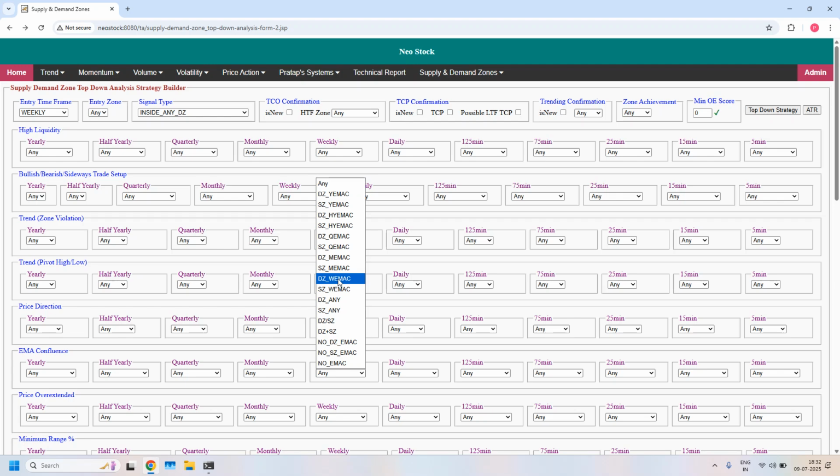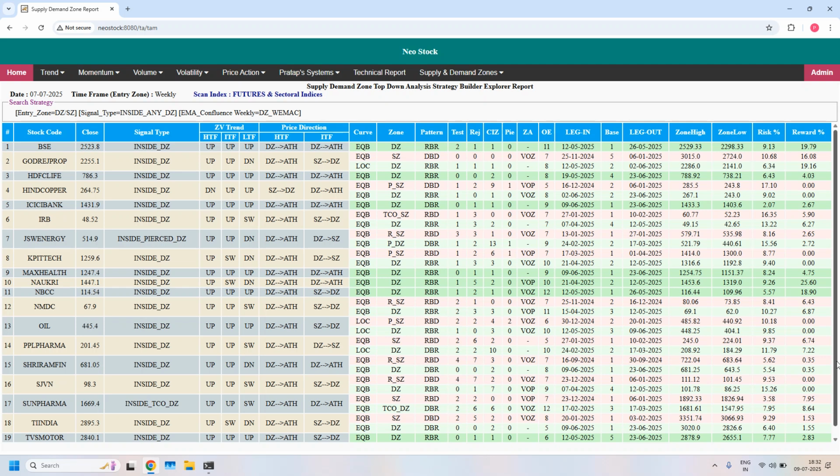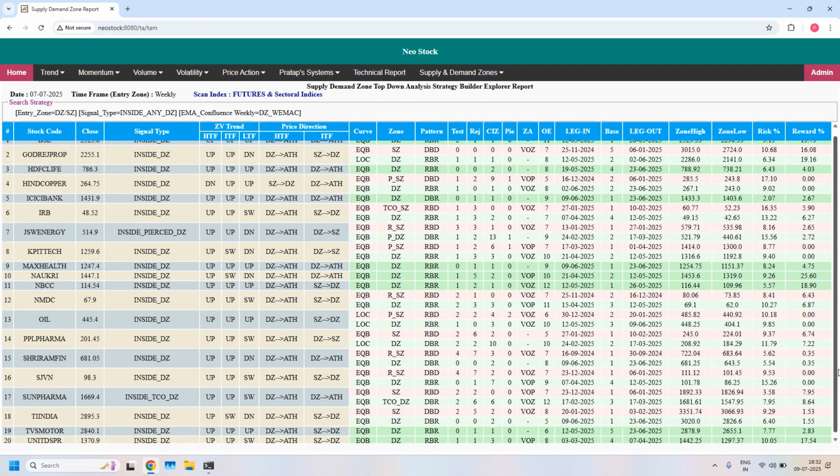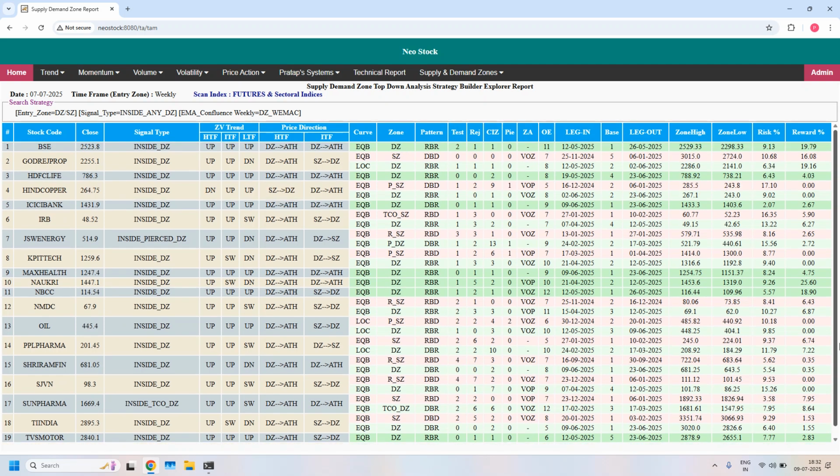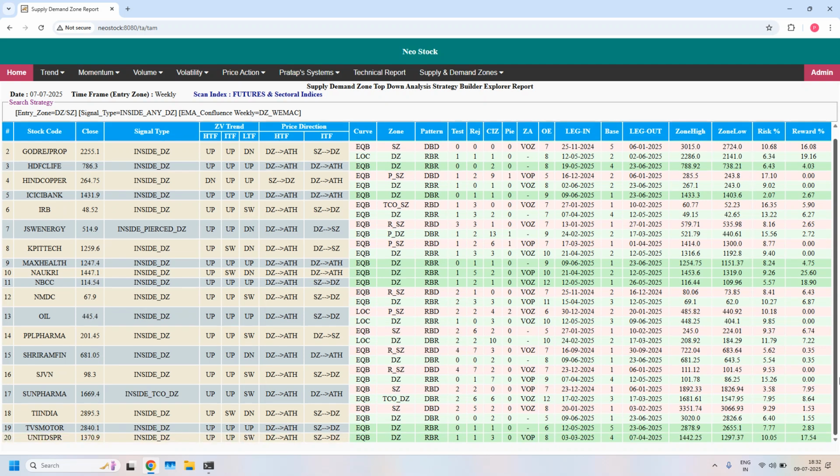Weekly demand zone with weekly EMA. So we got 19 stocks. 20 stocks we got. First 19 stocks. Scrolling the list down. Total we got 20 stocks. Next we will look into